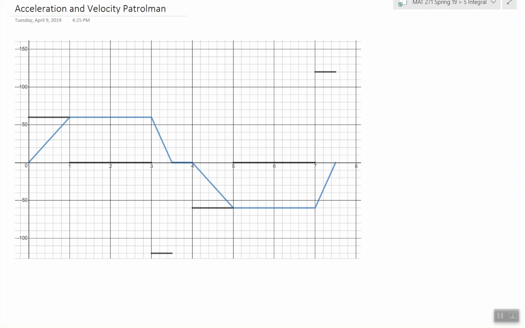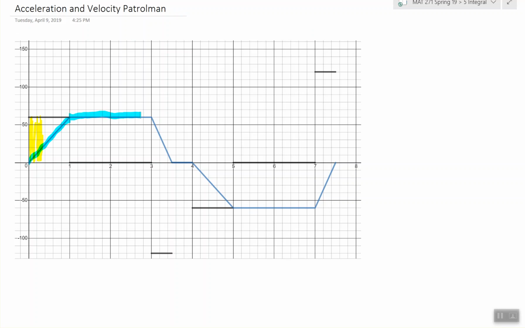Hi again, guys. In the last video, we saw that if we incrementally added up the area, just kept adding up the area underneath this curve and plotted that value as we went along, we would actually come up with this curve,